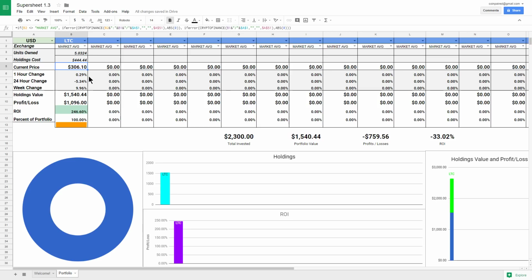It's gone up in 24 hours, or in an hour. It has gone down by 5.34% in 24 hours, and it has gone up by 9.96% in a week. The total value of all my Litecoin holdings is $1,544, and I have made